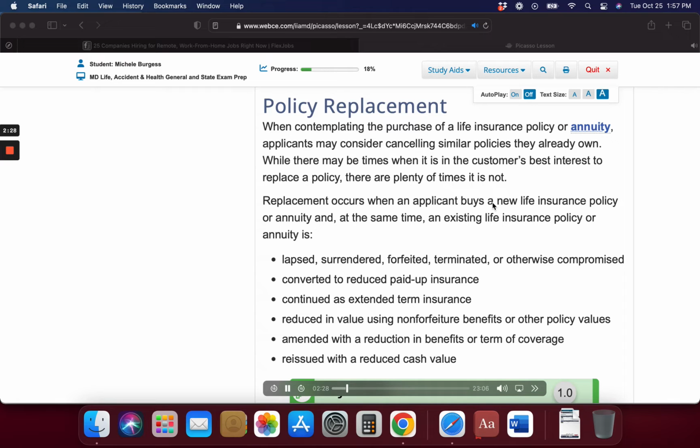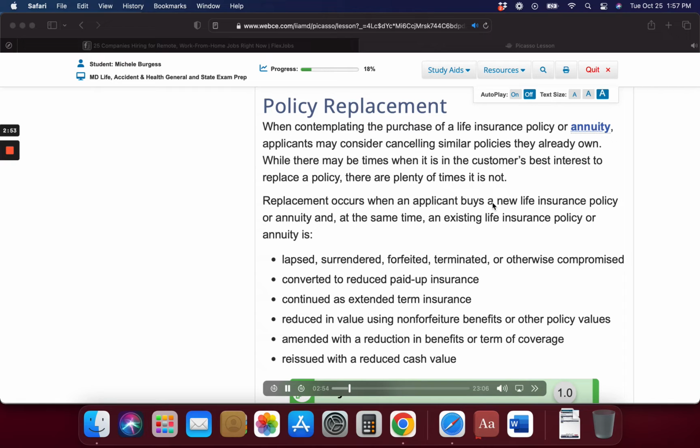Key point: replacement is not illegal. Convincing a prospective customer to replace an existing policy through any sort of misrepresentation is illegal. Sometimes replacement is in the applicant's best interest, especially if the existing policy no longer meets the insured's needs. However, there are potential negative consequences of replacing a life insurance policy that include: